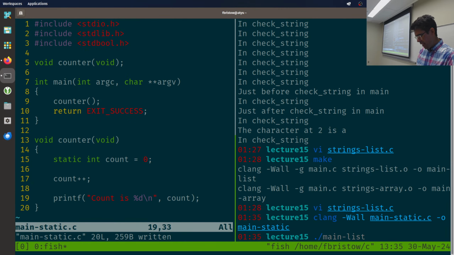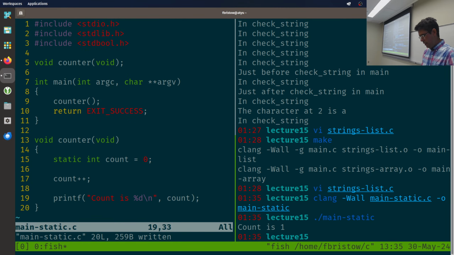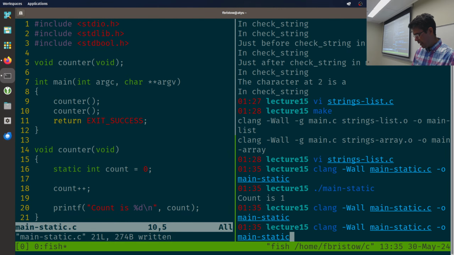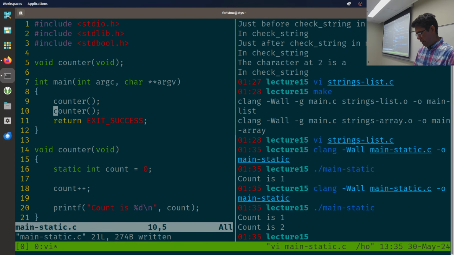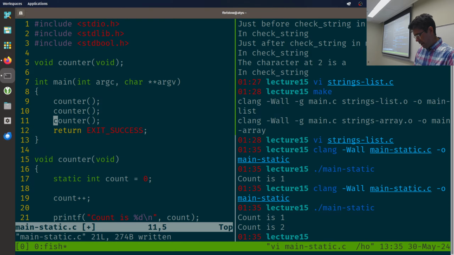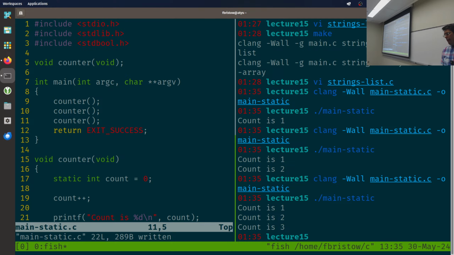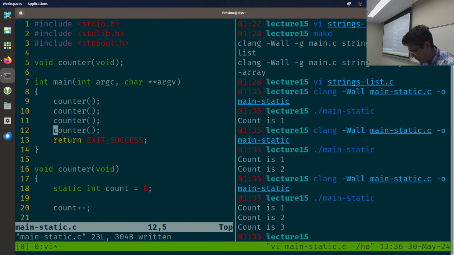If I compile this and run it, I called it one time, and so the output is remarkably surprising in that it prints that counter is 1. I'm going to call this 2 times. I'm going to compile it again, and I'm going to run it, and I'm going to call this 3 times. I'm going to compile it, and I'm going to run it, and I'm going to call it 4 times. To really drive my point home here,